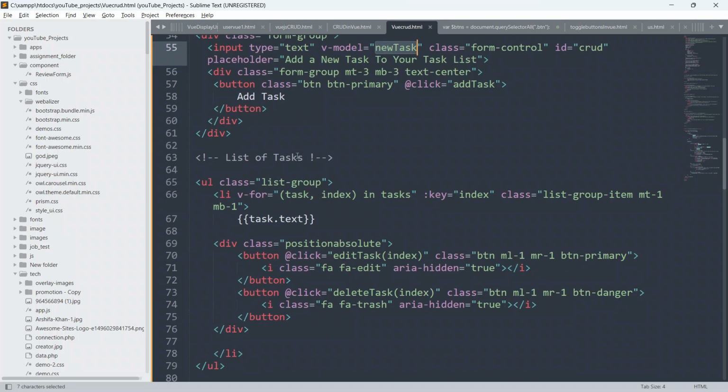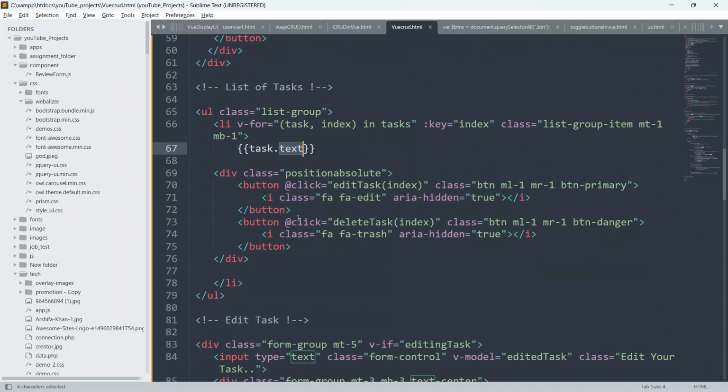Okay, list of tasks, we will say ul and v-for task, index in tasks. Okay, in tasks, and we will pass the key also as an index only, and we will display task.text. It is also working fine.